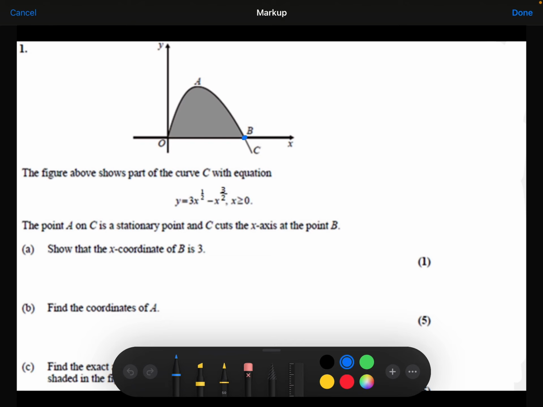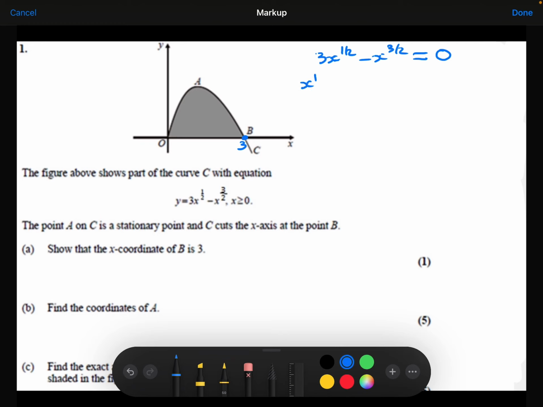So I need to show that this coordinate here is the point 3. Well, at that point, I know that the y-coordinate is equal to 0. So if I take my curve, 3x to the power of a half minus x to the power of 3 over 2, and make that equal to 0,